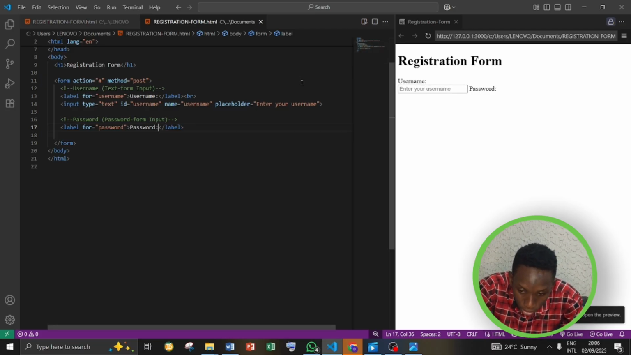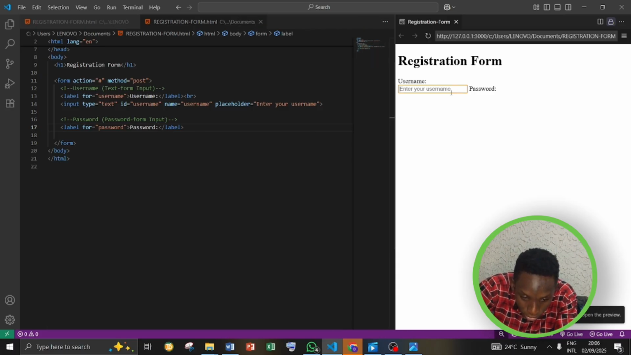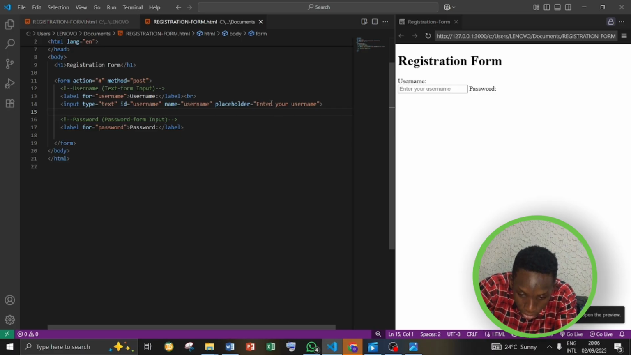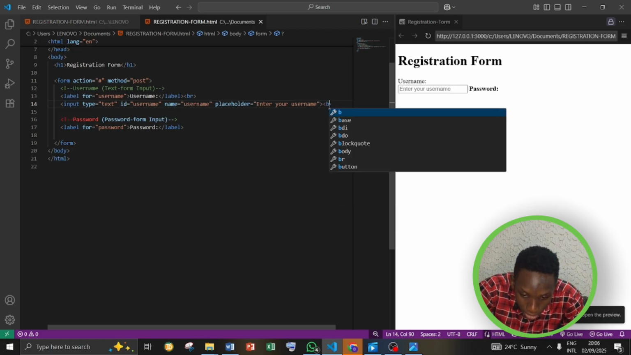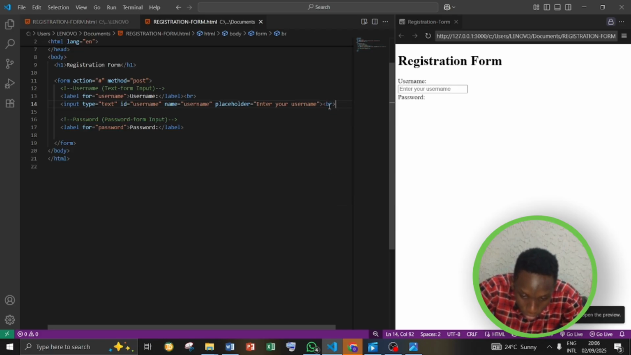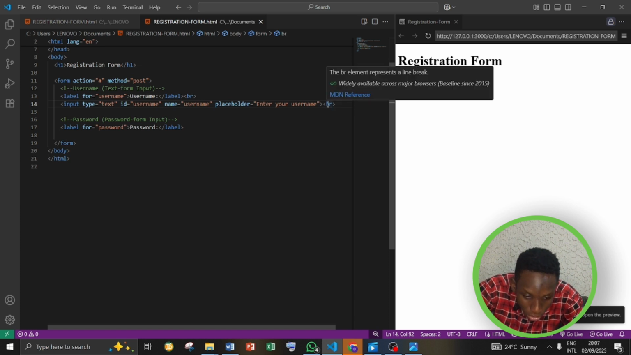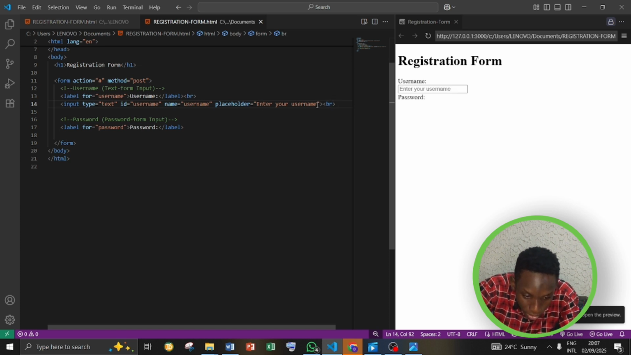So now, can you see the text is appearing beside this bar of the text input element. So now we are going to add a break element here to separate them. A break element in front of that input bar, or we can add it here, before we have the text for password. That's the label. You can add it here where you see my cursor before that